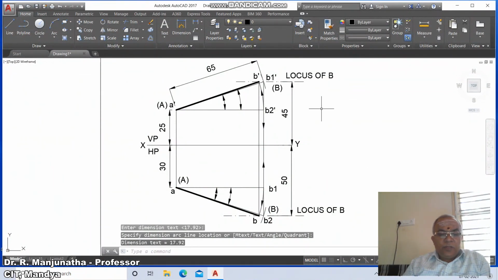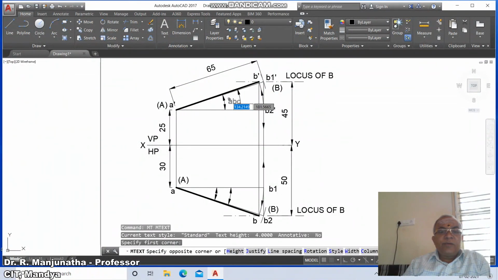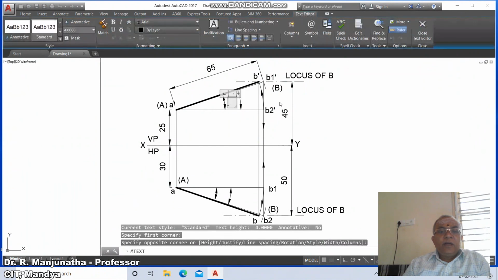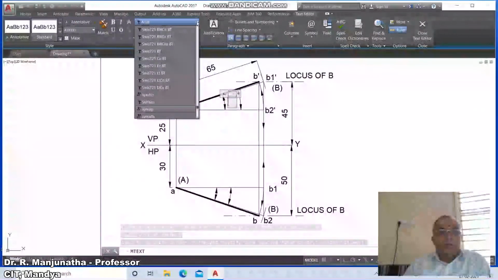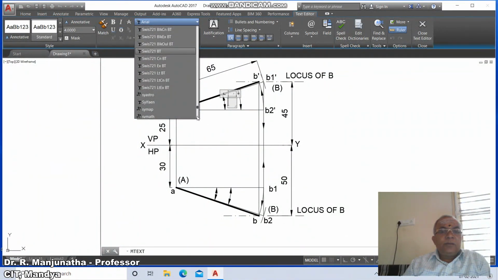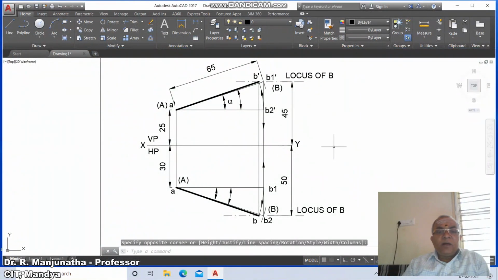Then go to M text. So you just click on this. Take one corner and you keep this as a symbol. You just come down to symbol, and here you type alpha: A, small letter a, to get alpha.